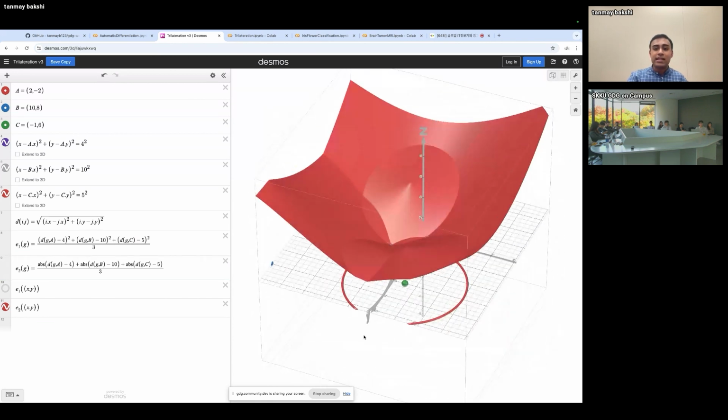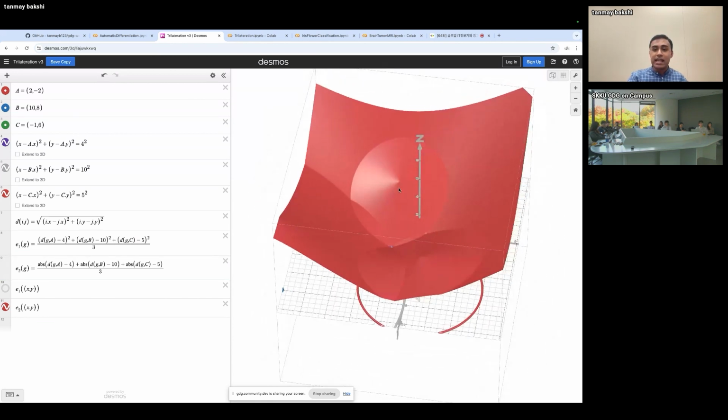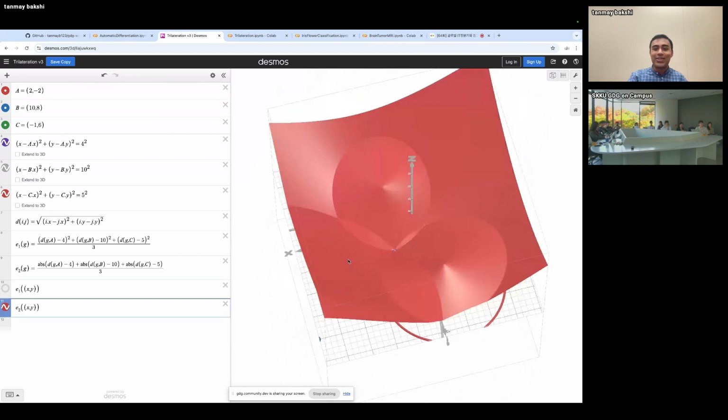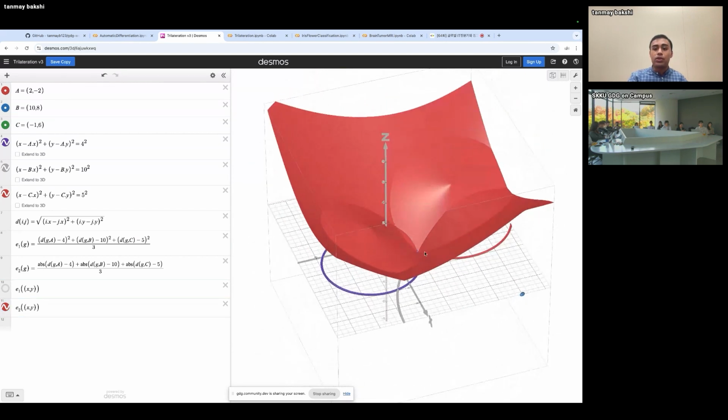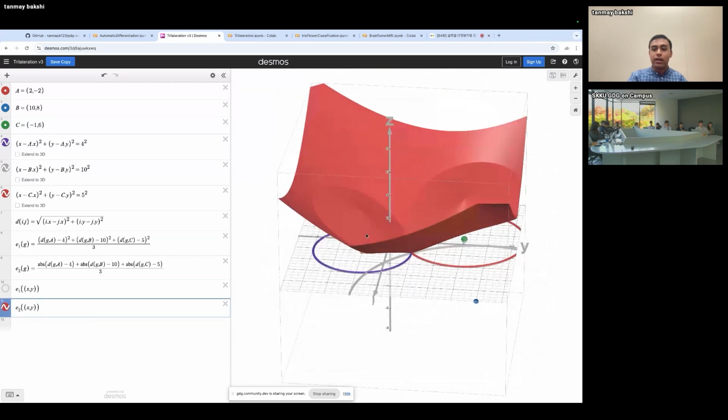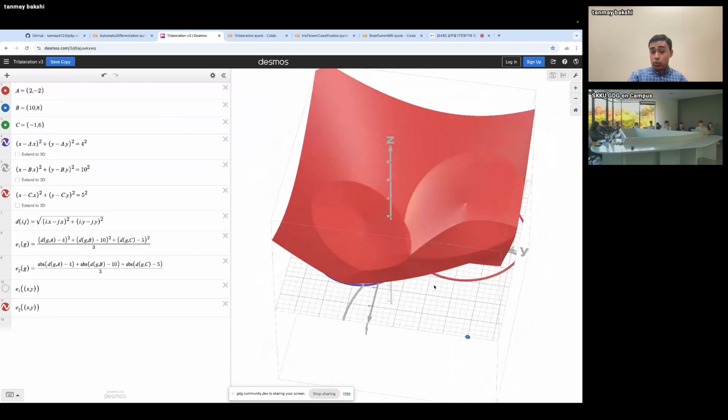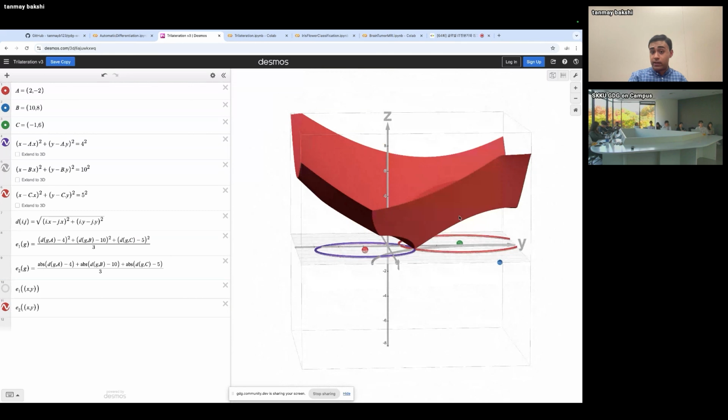You can actually see how there are physically these sorts of indents in the space based off of the different circles intersecting, and how all of it moves down towards this global minimum in the center here, where x equals 2, y equals 2, because then the guess is perfect.